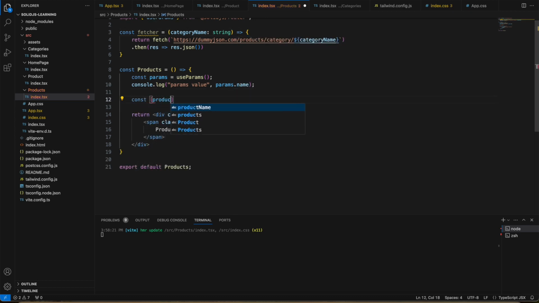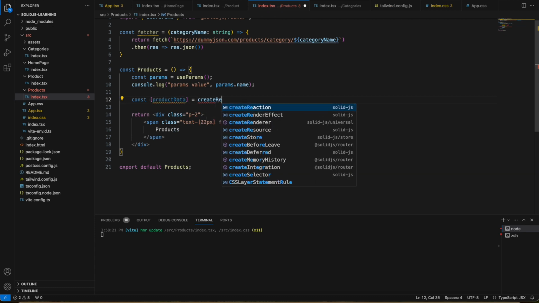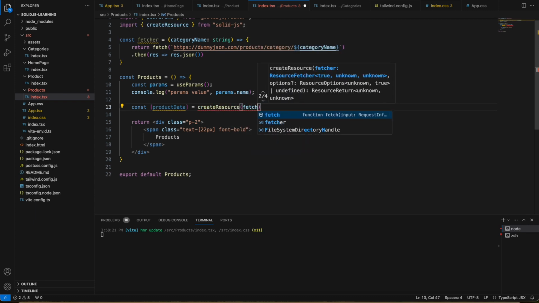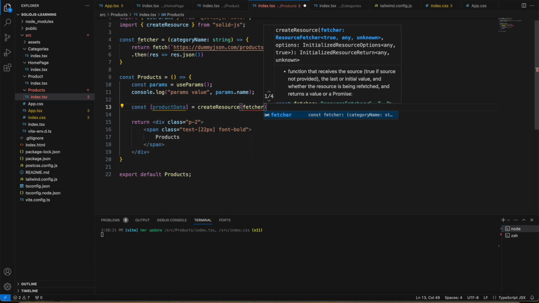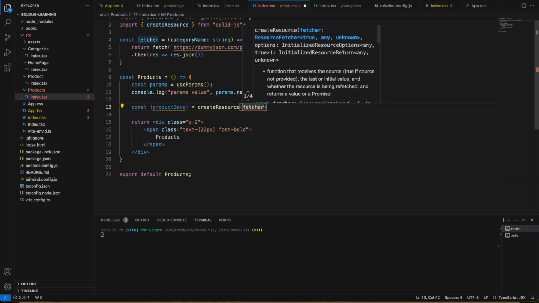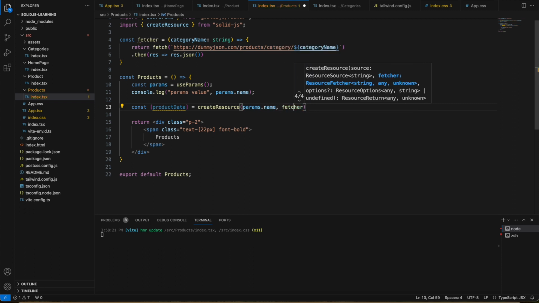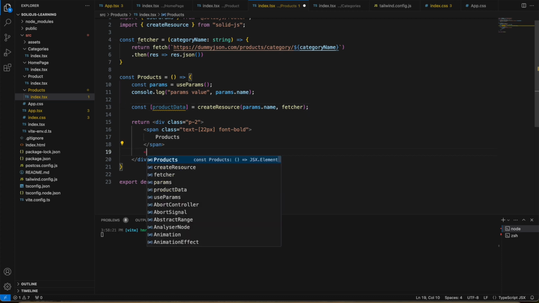const productData is equal to createResource of. Now I will have to pass some value to this fetcher, so that can be passed as the first parameter, params.name, and then call the fetcher. So productData is now created as a resource. I can use it in the same way that I used